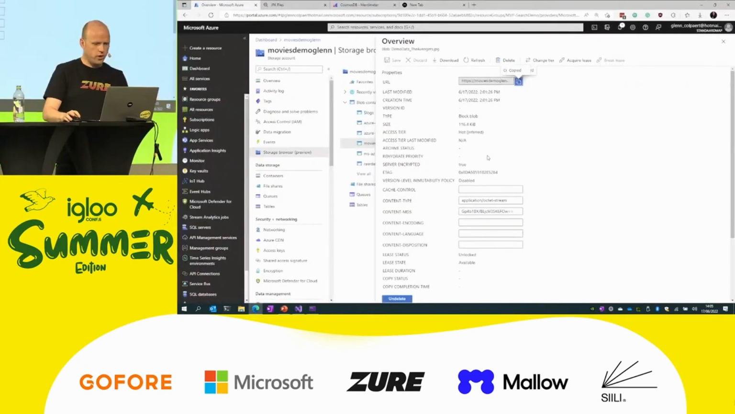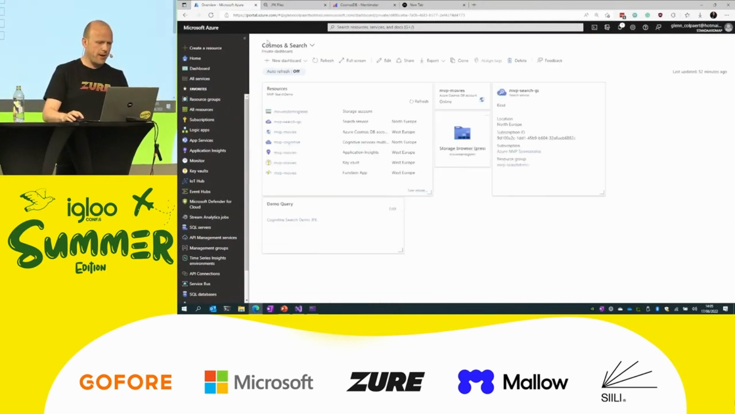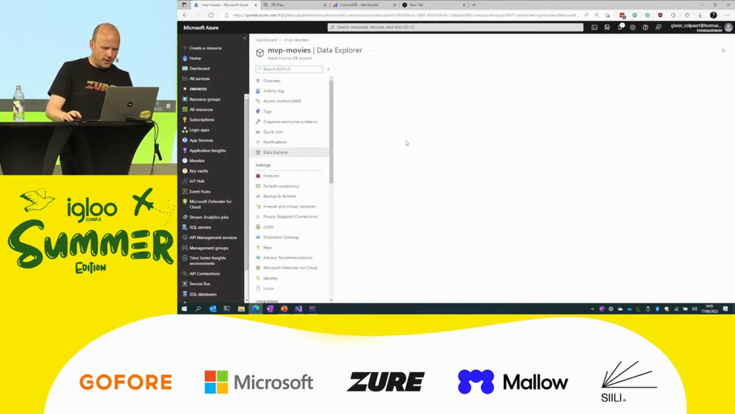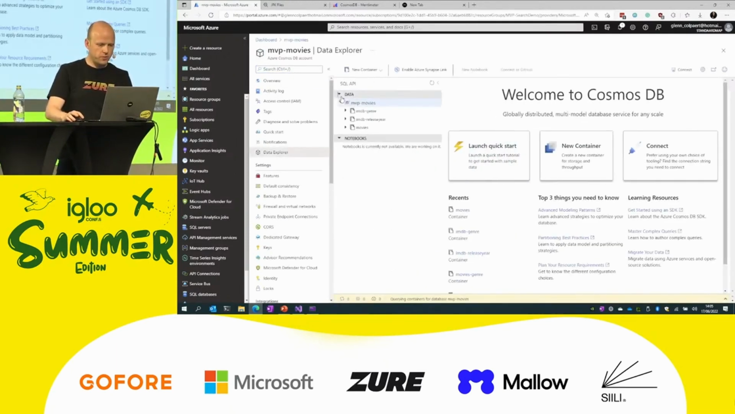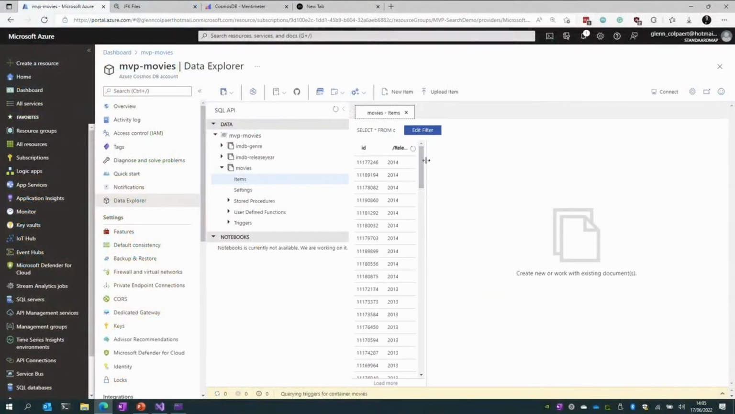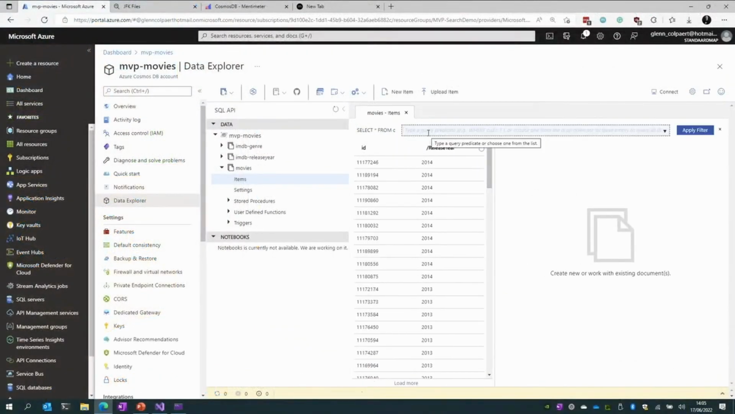And just to show you what happened behind the scenes, or what happened with CosmosDB, if we go to CosmosDB and we open our movies, we can do a thing like,